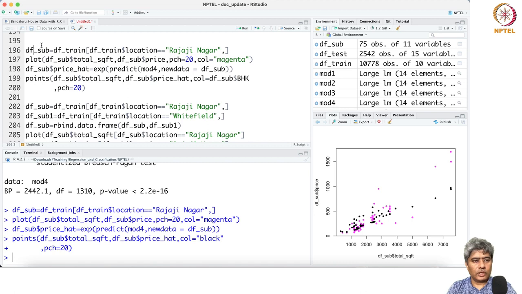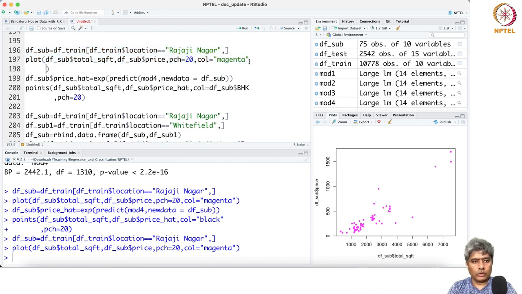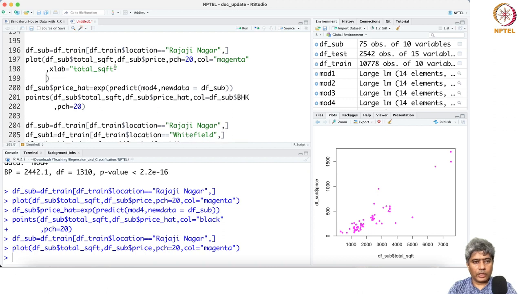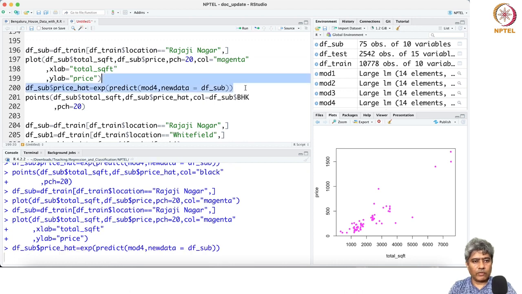If we just run this in this way, these are the plots that we have. On the x-axis we have the total square feet, and on the y-axis the y label will be price. So this is total square feet versus price,